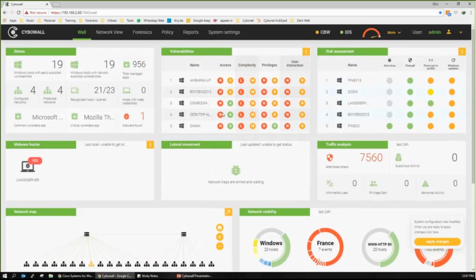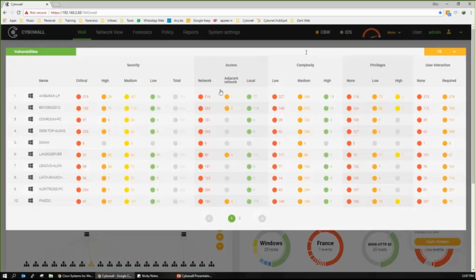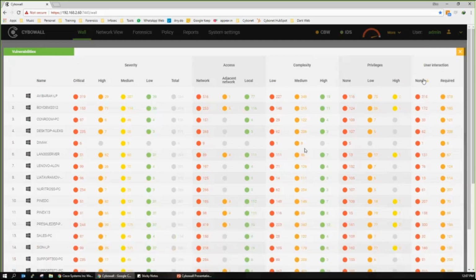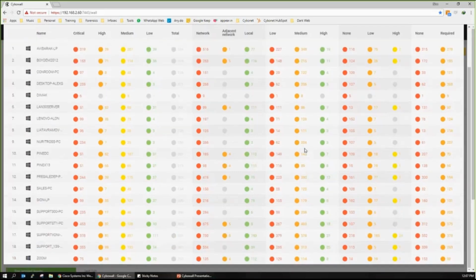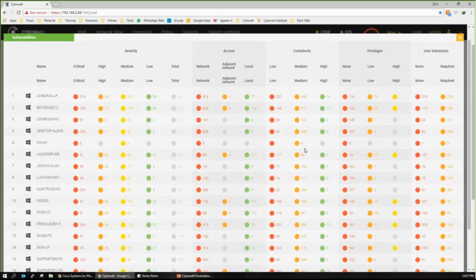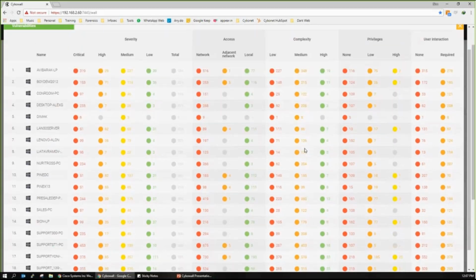Now, I promised I would focus on vulnerabilities a bit. So if I click these three dots, I get a view. Let's open up 25. I get a view of all the hosts that are in this specific environment or network, and a breakdown of the type of vulnerabilities. Now, as most of you probably know, almost all of the vulnerability assessment or management tools